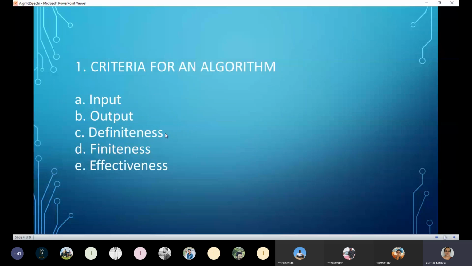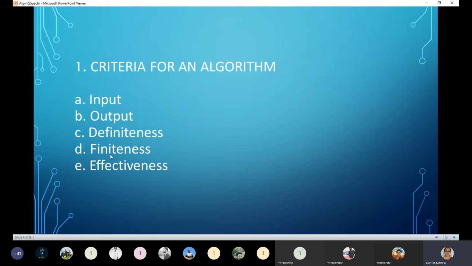So we are moving on to the first one, the details of algorithm, that is criteria for an algorithm. This is important. Whenever algorithm details or algorithm specifications, anything based on algorithm, you have to write all these. Algorithm definition with example and all the details of algorithm you are going to write. So in the details, the first one is criteria of an algorithm.